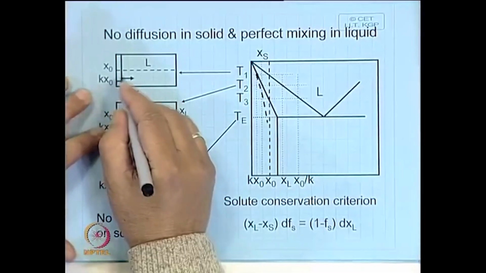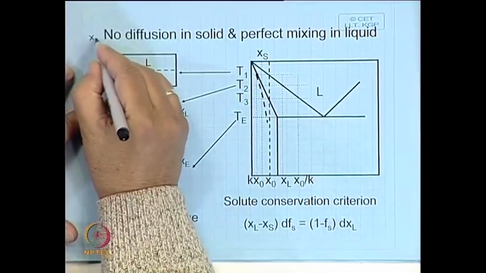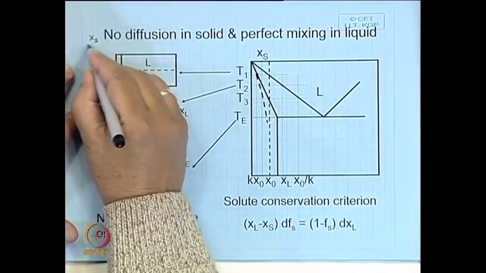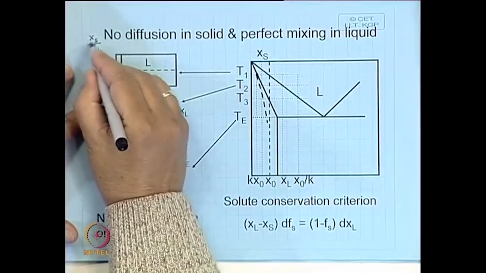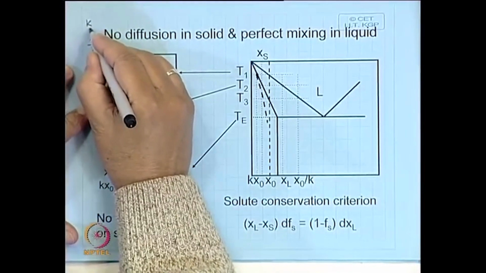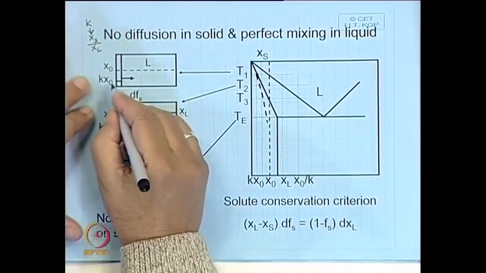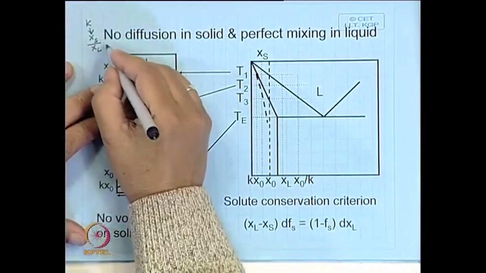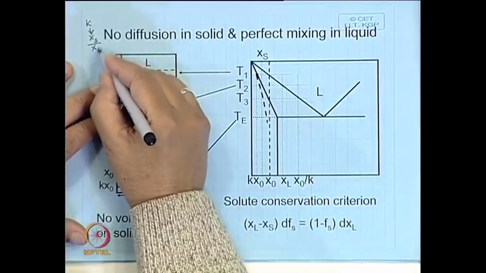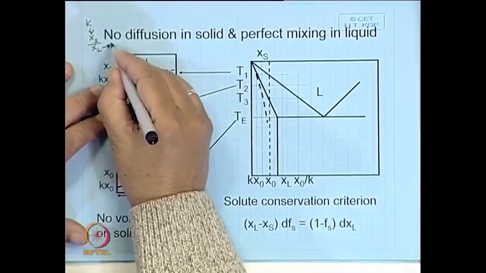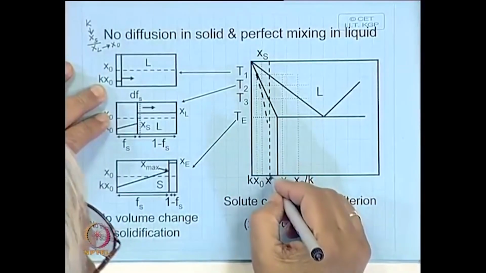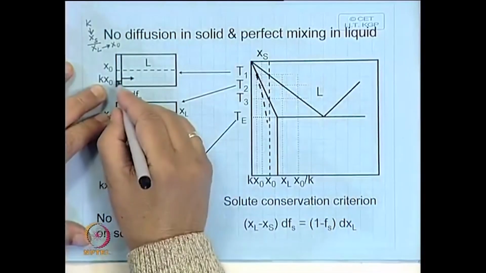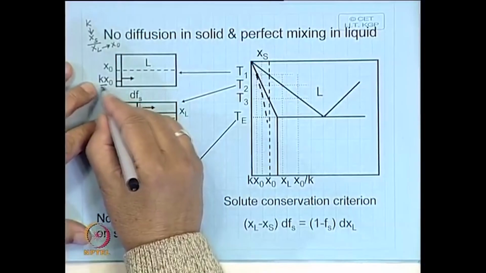So, we have said that x solid over x liquid is defined as the partition coefficient. Partition coefficient has been defined as this. So, in this case x solid is this, x 0 is the liquid composition, x L equal to x 0. So, the first solid which precipitates out will have this composition,